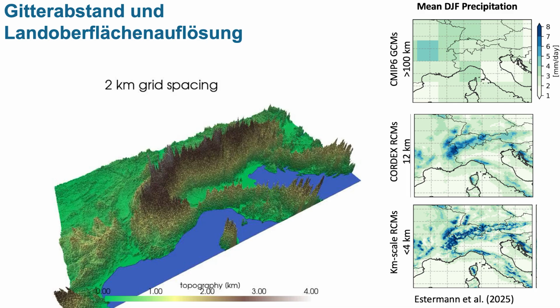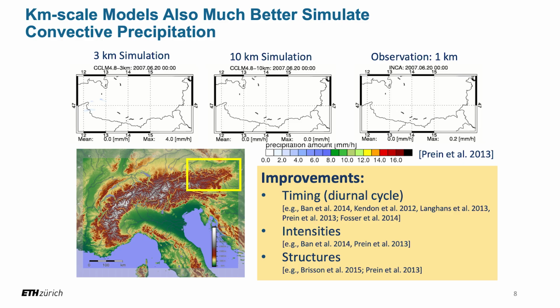But topography is only one part of what we improve when we go to higher resolution. It's also atmospheric dynamics. This was actually one of the first simulations that I did when I was a PhD student, back then with the Cosmo model. You can see how small the domain here is. We could afford 3 months on this very small region over the Eastern Alps in Austria.